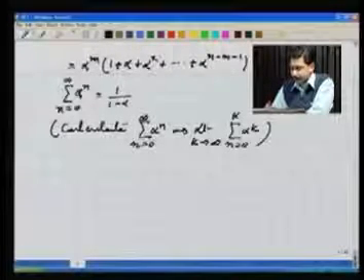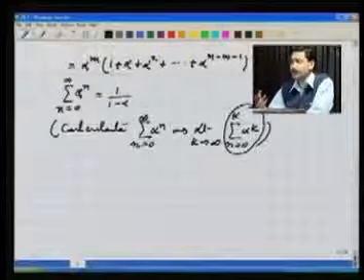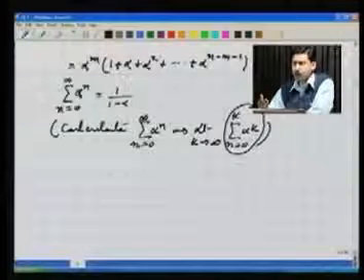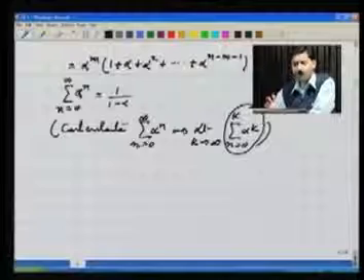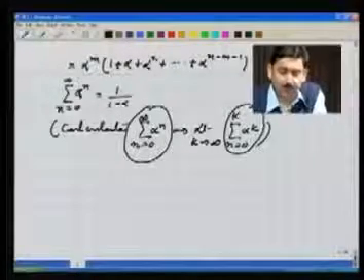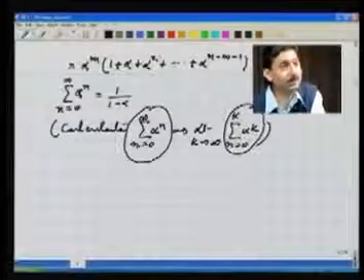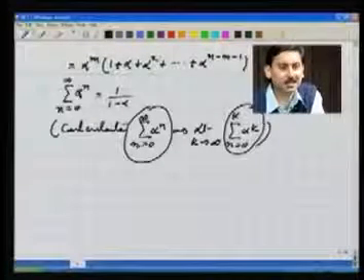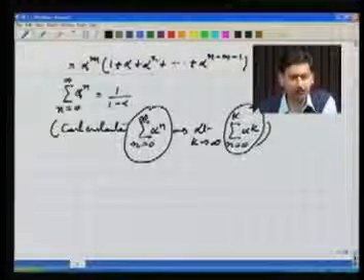What is involved here is essentially this. This sum anyway I can find out just by using GP series. Then whatever sum you get, you take the limit as k goes to infinity. Then by definition what I get is this quantity. That is how we can calculate this sum, which is actually an infinite sum. You see, there is something involved here. It's not really a finite sum, and we don't know what is the definition of infinite sum. But still this seems to be something reasonable, and I am going to use it.